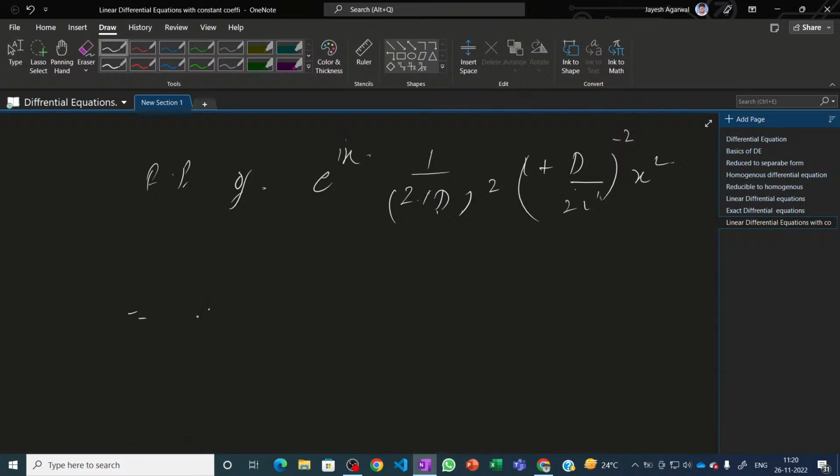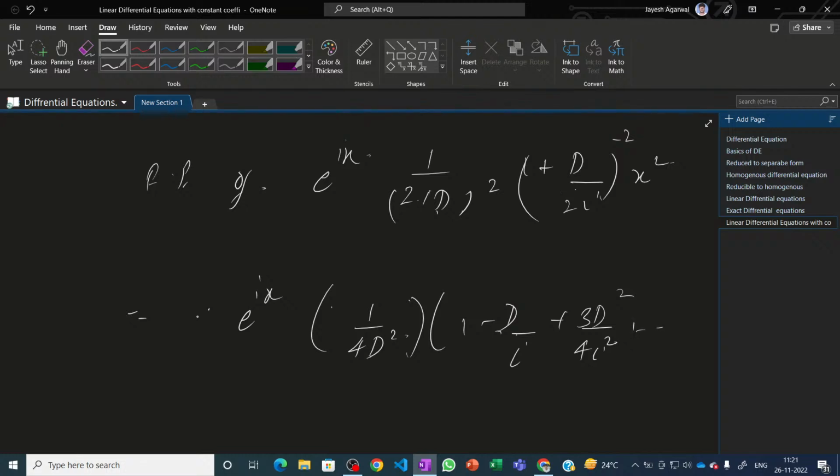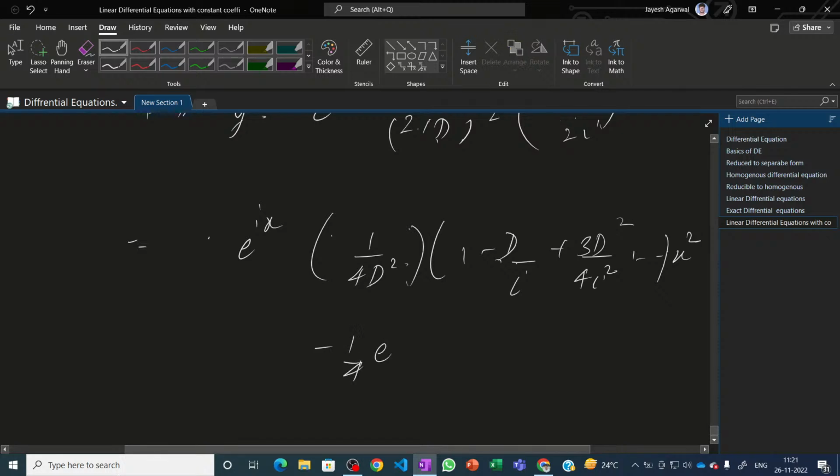Then we can simplify it further and write it as e raised to power iota x, 1 upon 4D square, 1 minus, now applying the (1 plus x) power n rule, 1 minus D upon iota plus 3D square upon 4 iota square and so on, of x square. Now we will multiply the bracket with the term x square, then we have minus 1 upon 4 e raised to power iota x, real part